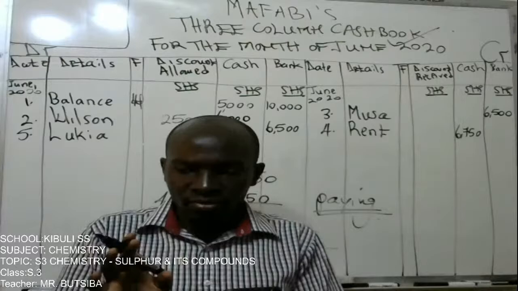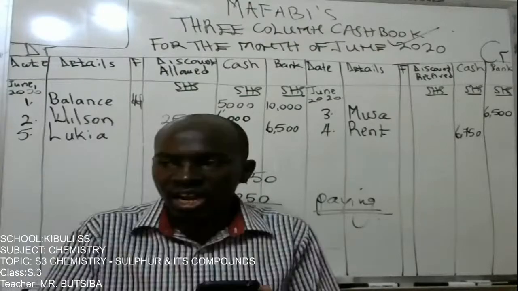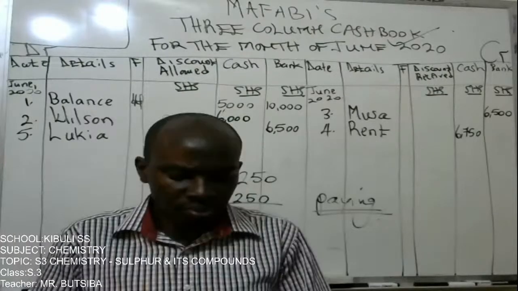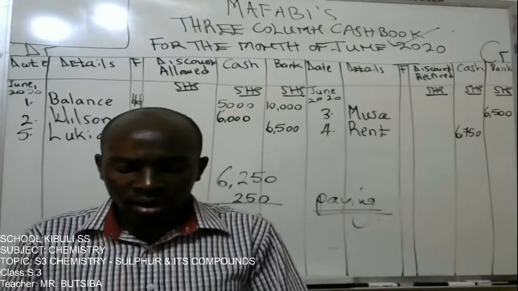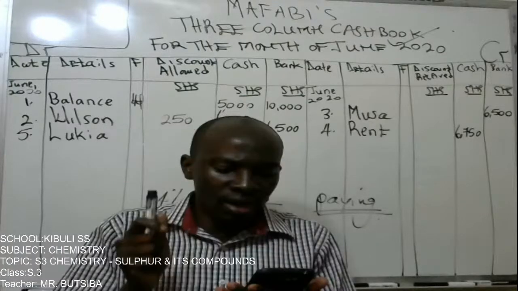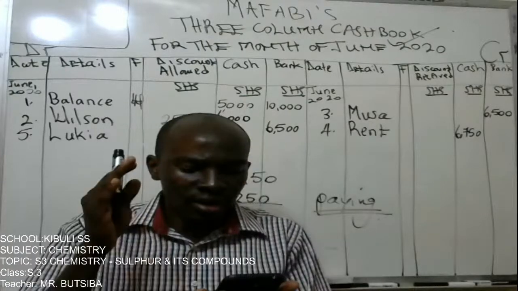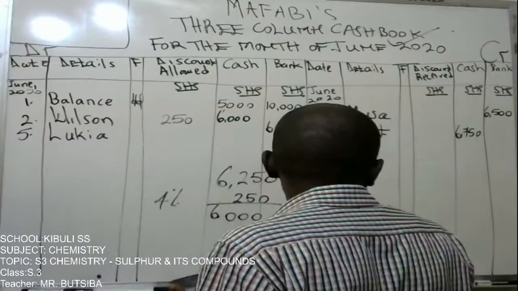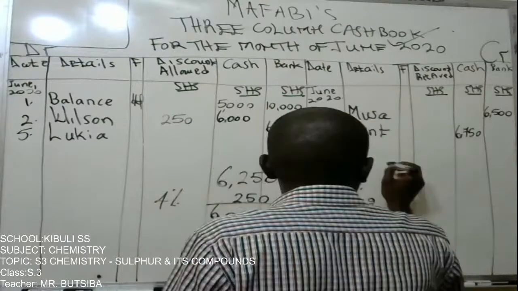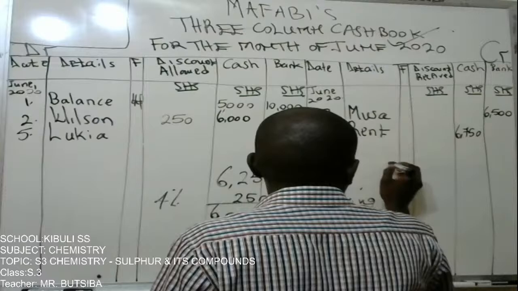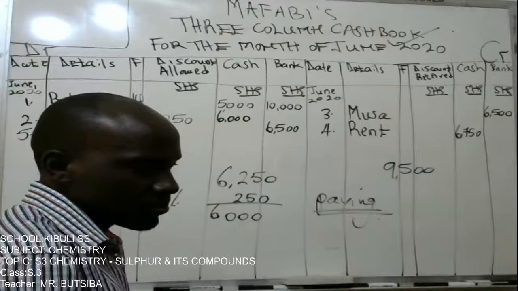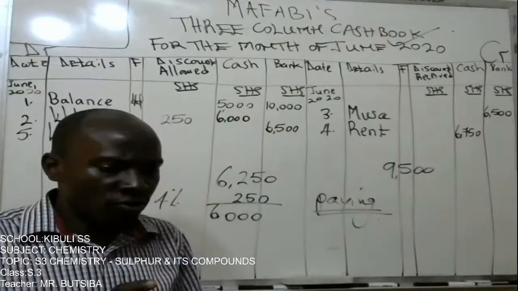Still on 5th, the transaction says, paid Juliet's account by cash, less 2% discount, 9,500. So originally, Juliet is demanding us shillings 9,500. That's what Juliet is demanding us. And now we are paying her. We are paying Juliet. So that means